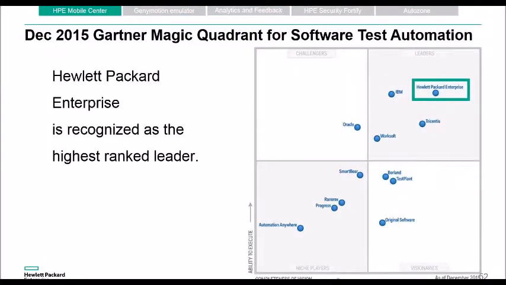One as well is the latest recognition from Gartner. They've assessed various vendors on the ability around functional automated testing, including mobile technology. And as you can see here, HPE Enterprise scored the highest, has the highest rank here. This is a great recognition because this is not just about ERP or CRM or web, but had a focus on mobile technology. So the vision and the functionality is right here.